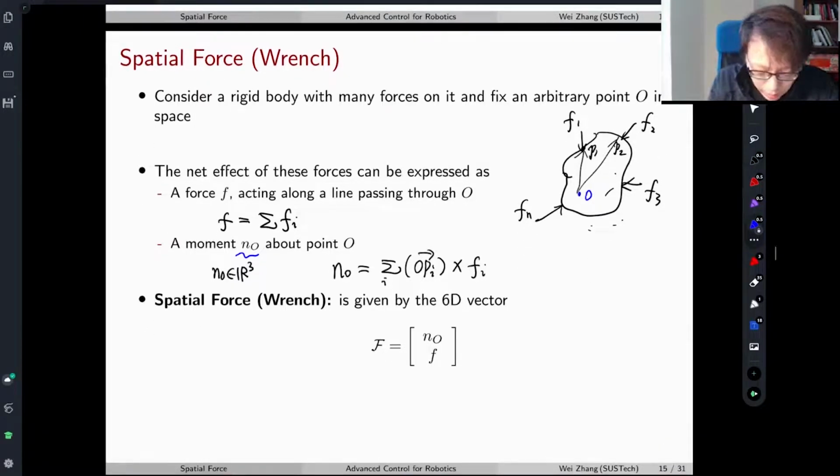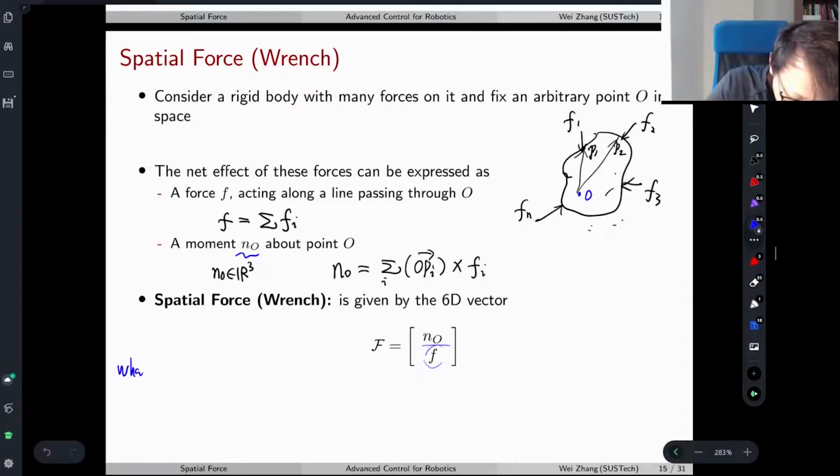Now I'm going to ask questions. I already know this, okay? I denote this as a wrench. A wrench is just putting this overall moment and overall force together in this way. And why we define it this way will be clear after maybe a few slides. But let's assume that this is a wrench, and the force's overall effect on the body consists of two parts. One is the sum of all the individual forces. The other one is the overall moment they generate about a certain reference point. And the question would be,